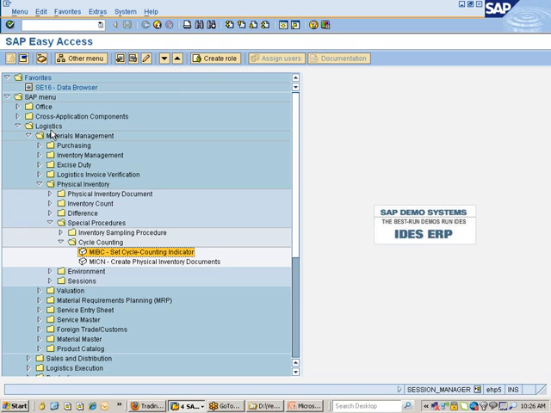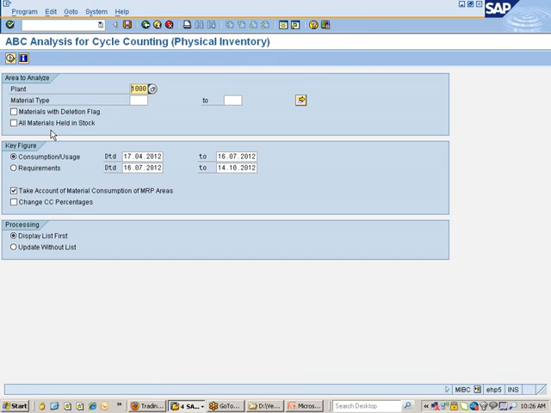You see here there is something called MIBC, set cyclic counting indicator. You can give your plant like this. In case you want to give material type, you can give material type so that all those materials will be picked up. If you do not want to give material type,